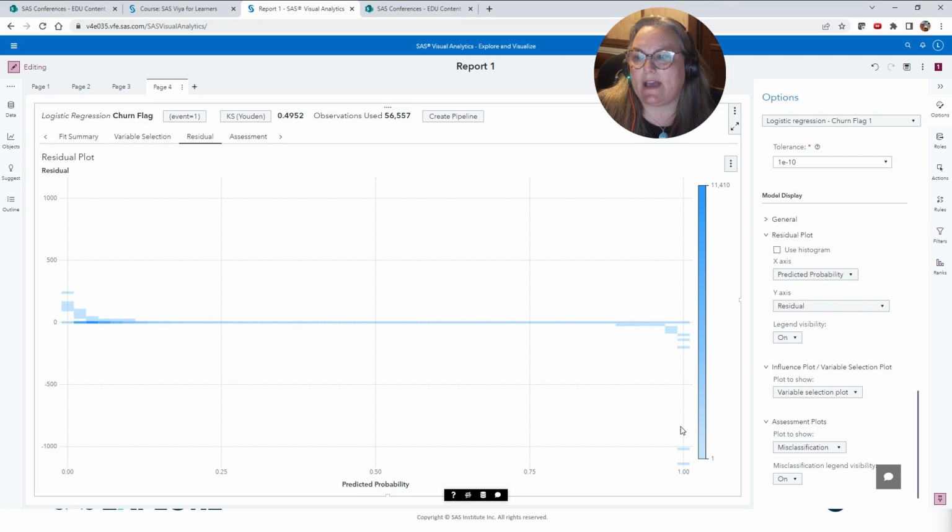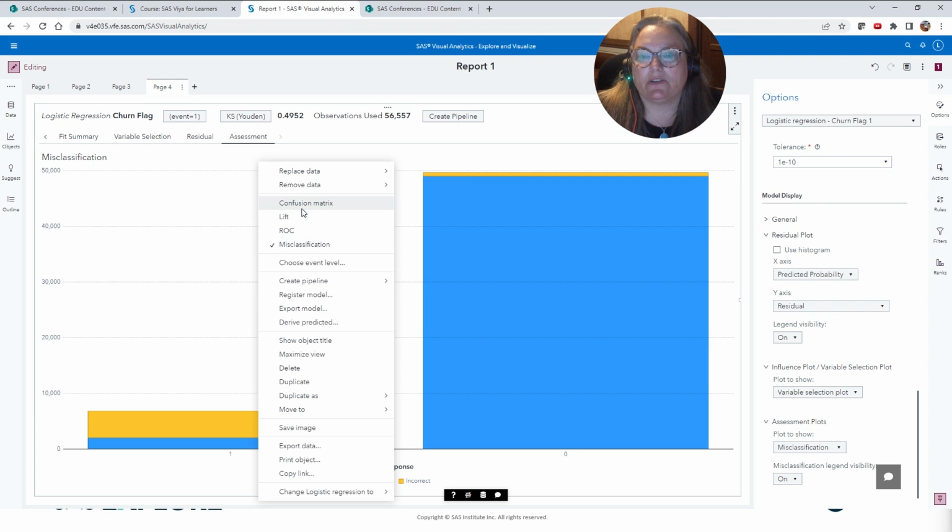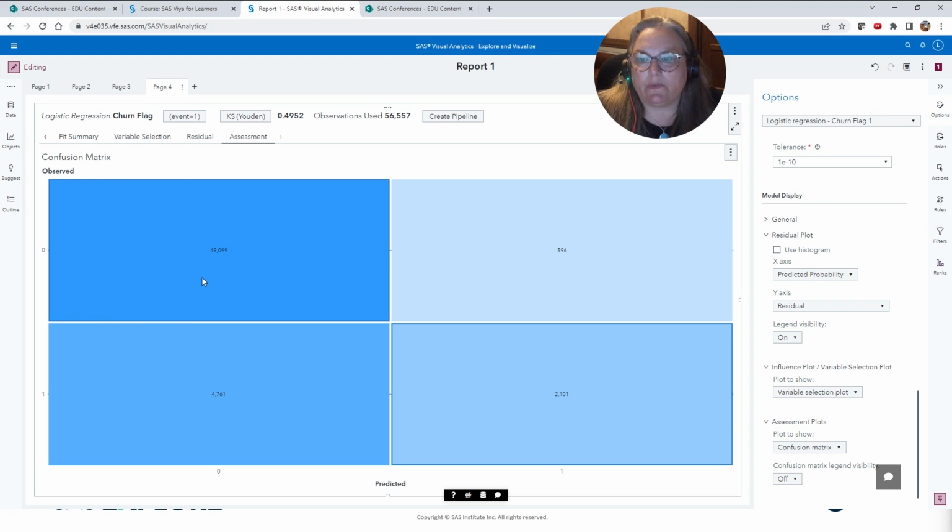But we do have these outliers that we might want to investigate. Then we can go to our assessment plots. And I'd like to start with our confusion matrix. So down here in the corner are the ones and the observed ones.